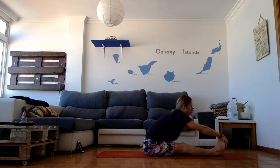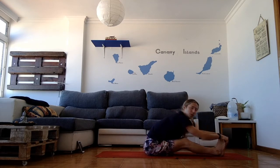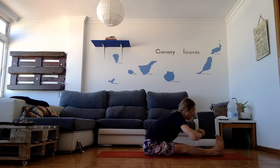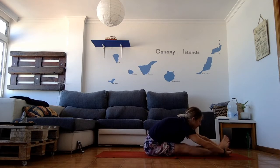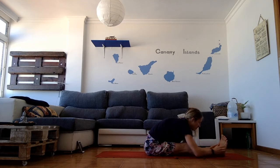So open your chest, straighten your spine, bend your knees if you need to, work your lower back. If your focus is lower back, bend them. If you want to work both equally, keep them straight. Grab your legs if you can, reach forward, and relax. Stay here for 3, 2,